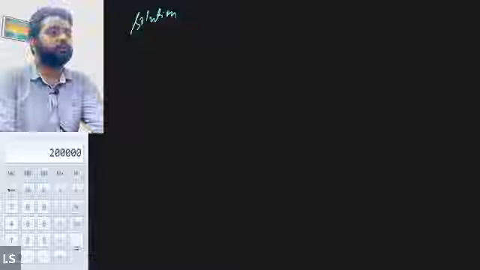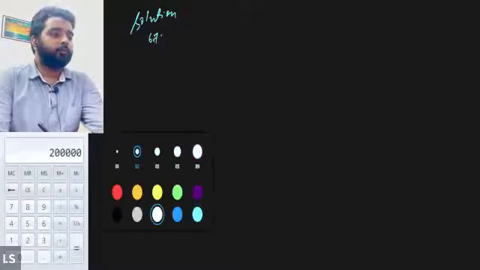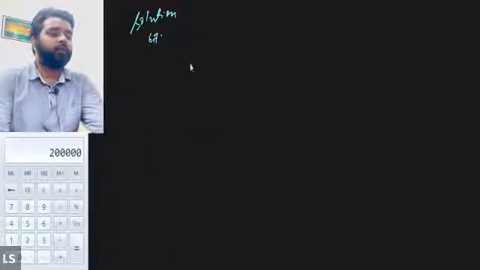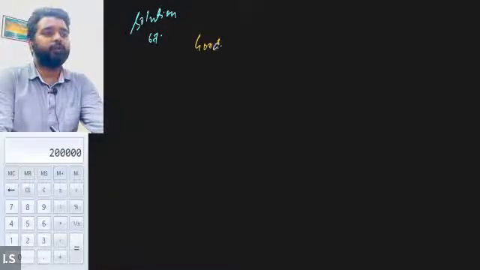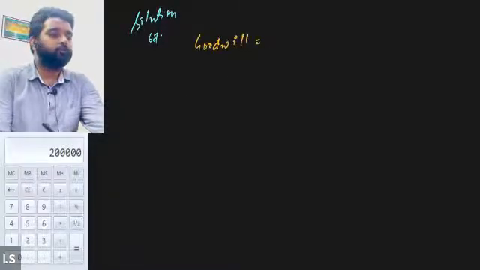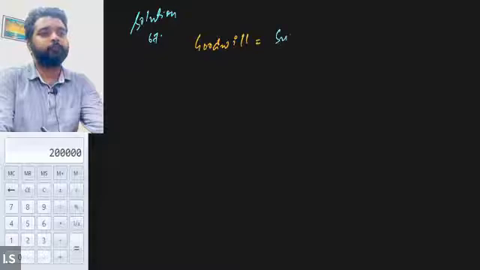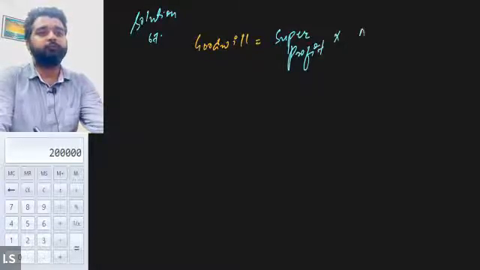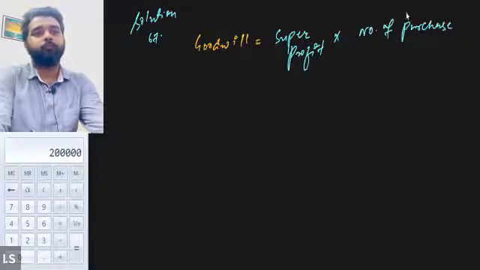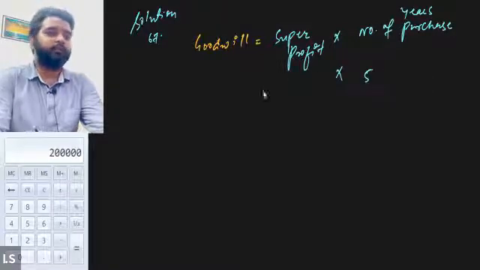So starting with solution number 67. Goodwill by the super profit method. We will first of all apply the formula. Goodwill equals super profit into number of years purchase. Number of years purchase is 5. All we need to do is to find out the super profit. So for finding out the super profit,